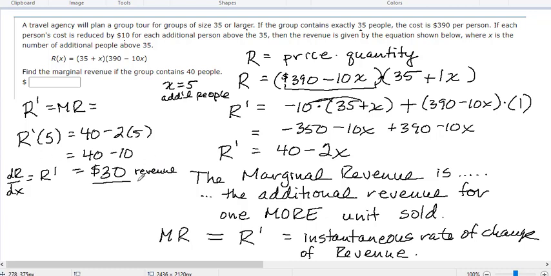That's what R is measuring per. X is an additional person, so one more person. So if you have 40 people and you decide to change it to 41 people,